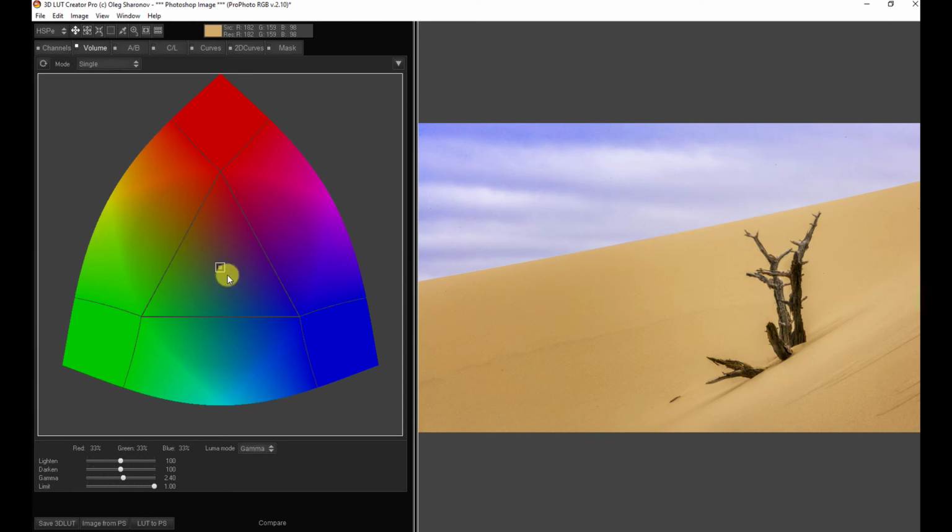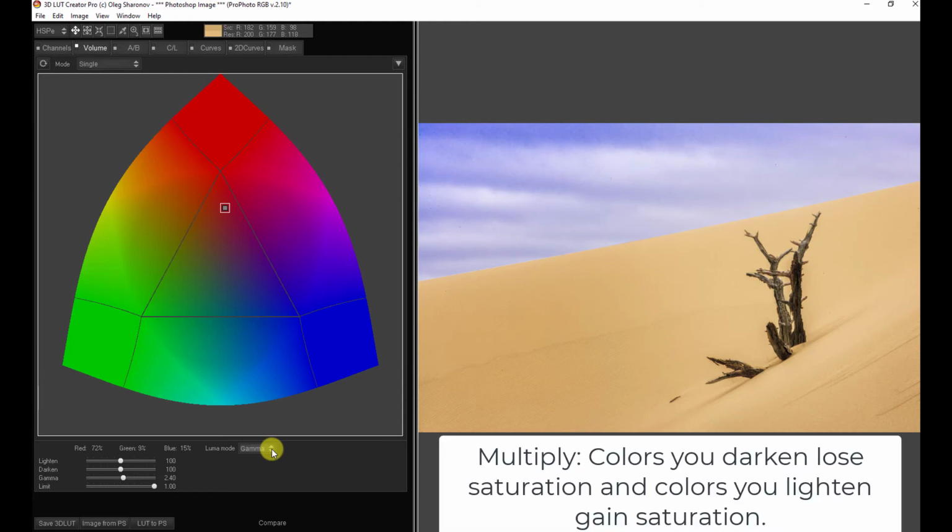Now I've reset the grid back to 1 point because I wanted to show you one further thing. In the channel mixer, I did not discuss these Luma modes, and we've been working here in gamma. And it's important to know the difference between gamma, add and multiply. They do a little bit different effect, so I'm going to just darken the sky here in gamma. Now what happens is, if instead of gamma mode we were in multiply mode, anything that we've darkened, like the sky, will have a decrease in saturation. And I'm going to ask you to watch the sky, and you'll see when I switch to multiply mode, the